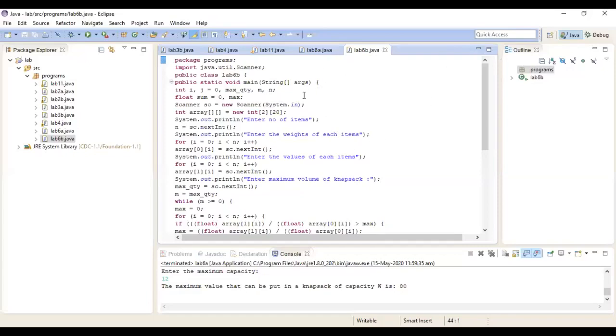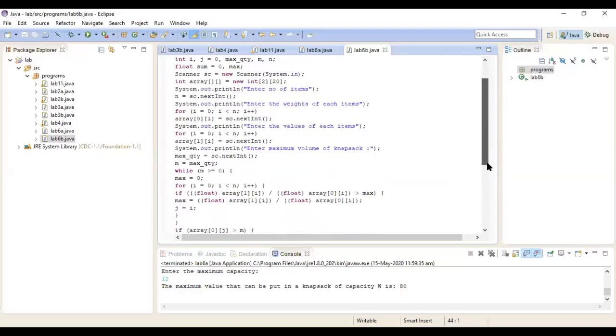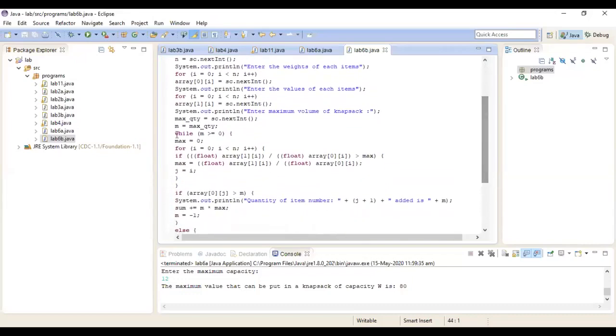Okay, we have typed the program now, and I am just trying to see what is there in the program, some of the variables that are required. I am reading all the inputs that are required: the number of elements, weight of each element, the profit of each element, and the maximum value of the knapsack. And then I am trying to find out P by W, Pi by Wi here, and arrange them in ascending order. That part of the algorithm is being executed in this code.